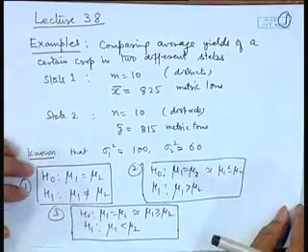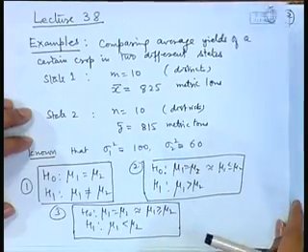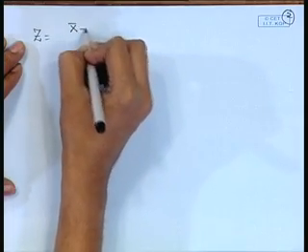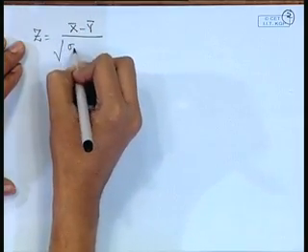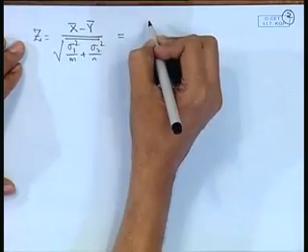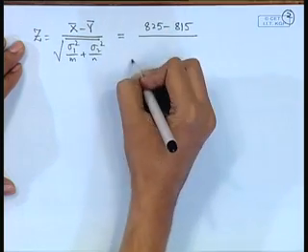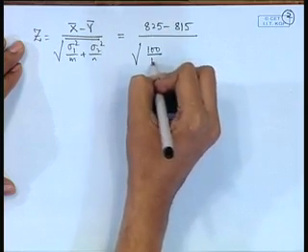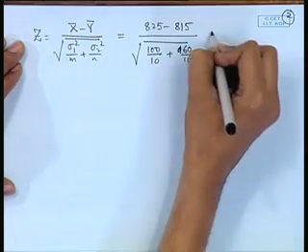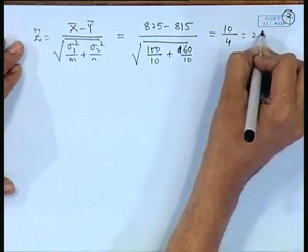So here, if the assumption that the variances are known is taken, then we will use the z test statistic, which was given by x bar minus y bar divided by the square root of sigma 1 square by m plus sigma 2 square by n. Now the values of x bar, y bar, then sigma 1 square by 10 plus sigma 2 square by 10. Now this value turns out to be simply 10 by 4, that is 2.5.